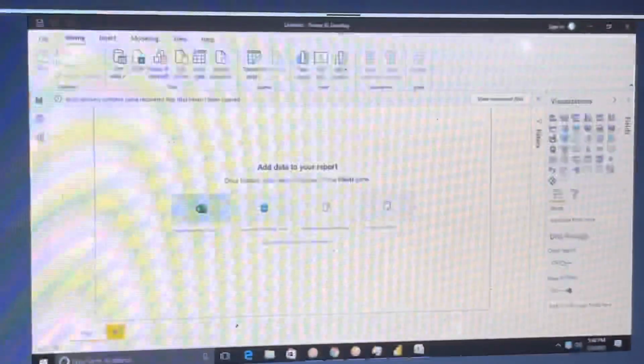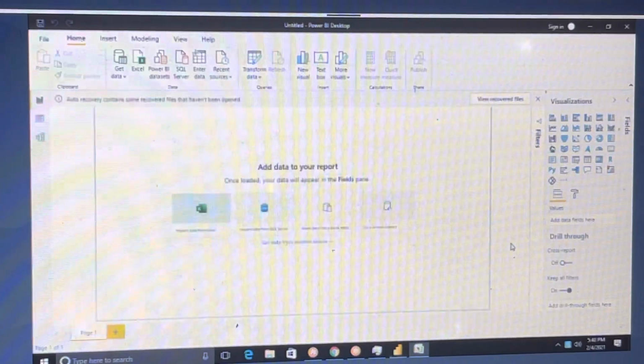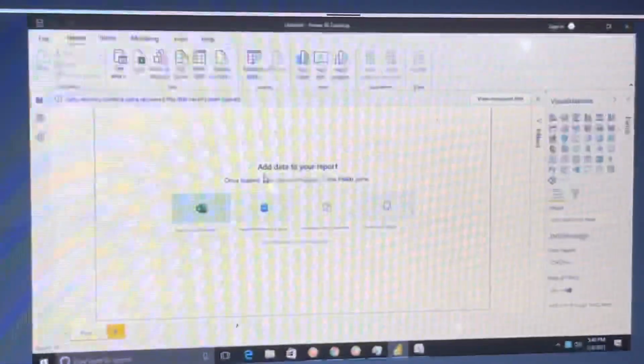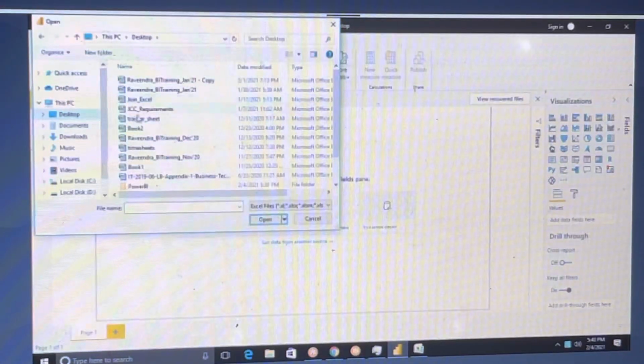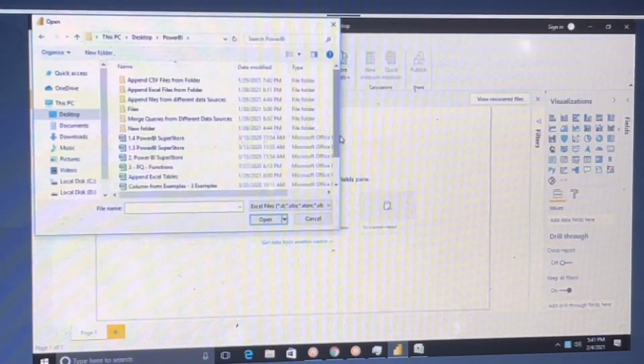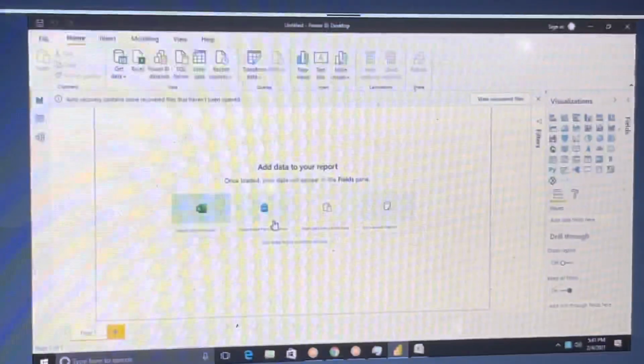Okay. Now, how to do fill down. Let's quickly go one by one. Click on get data, click on Excel, and go to Power BI. Here we have the file, miscellaneous features. Click on open.